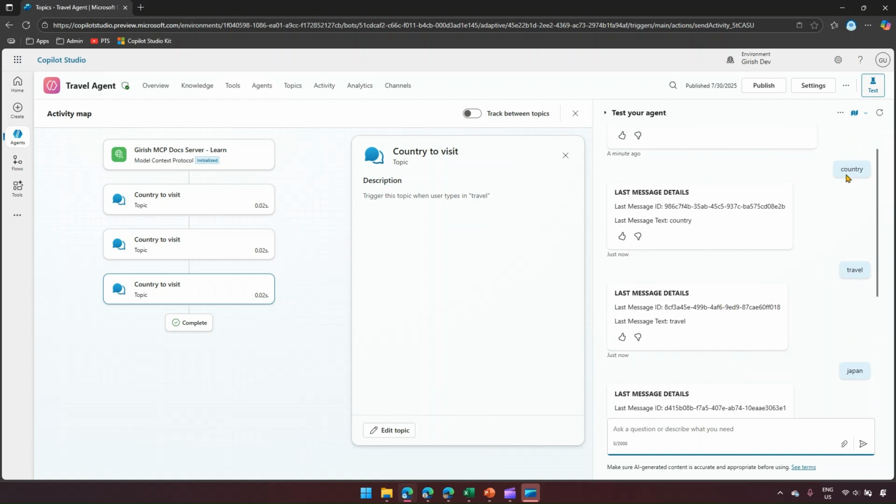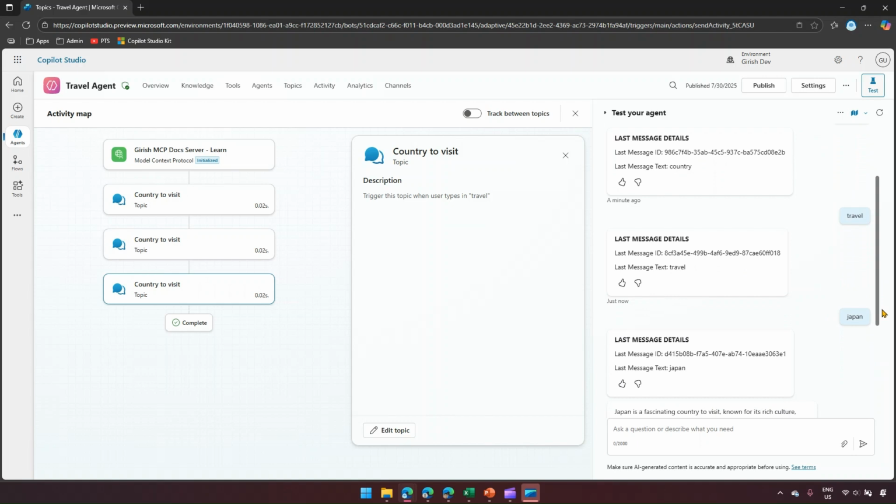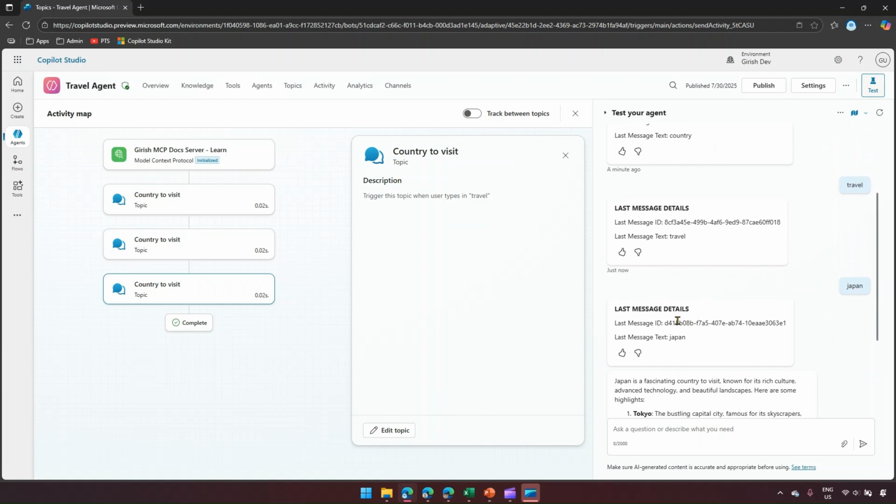Now, there are a couple of things we did. One is we typed in country, then I got this last message ID. See this ID, this ID is different than this ID. So every time a unique identifier will be generated for the last message. The text is the same text which you have typed. So country, country, travel, travel. Now here, if I typed in Japan, it has given me this last message ID and then last message text